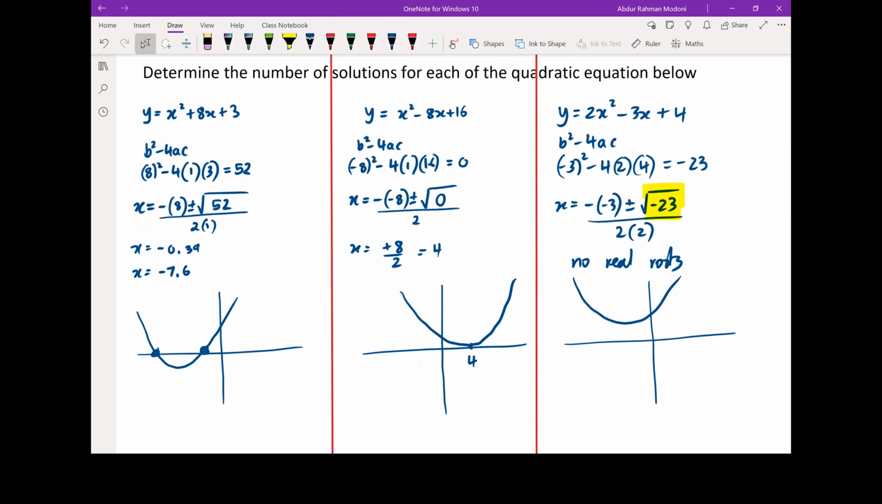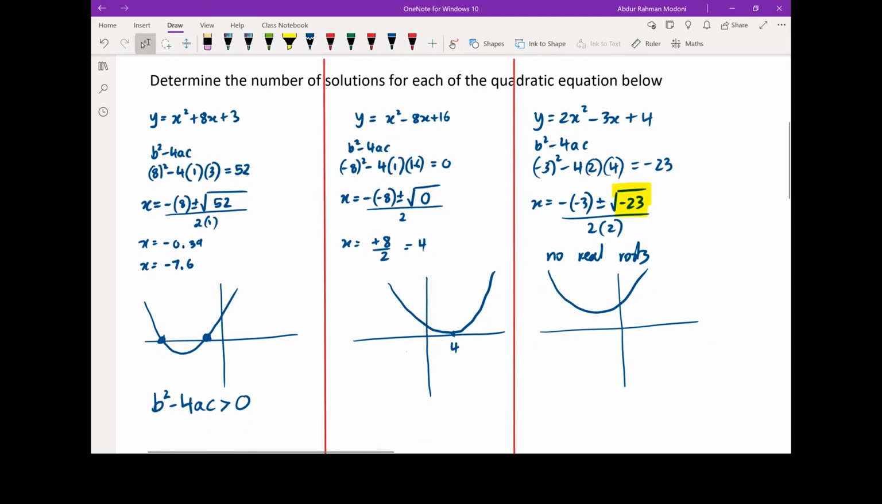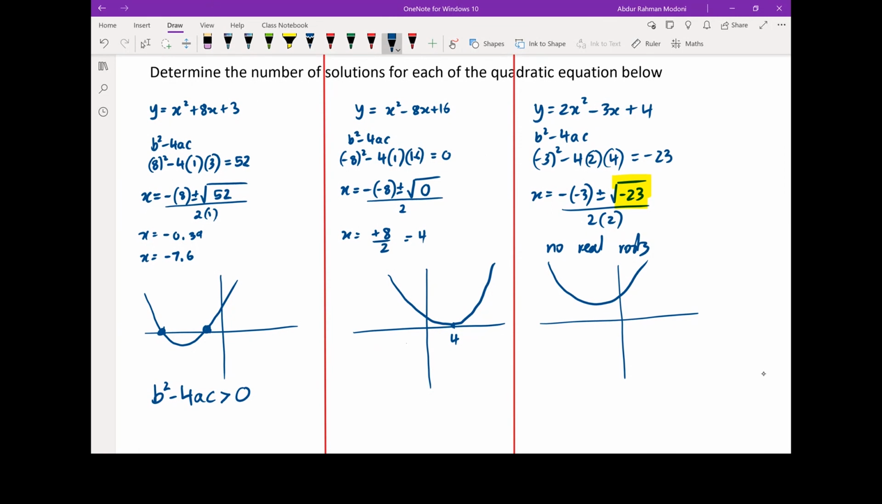That when the discriminant b squared minus 4ac is greater than 0, what do we have? We have two real distinct solutions, distinct meaning they are both different. When b squared minus 4ac, the discriminant, is equal to 0, we have one root, or this root is actually